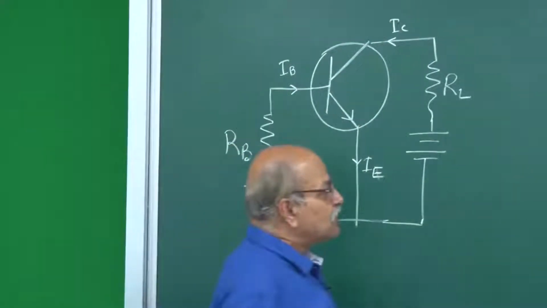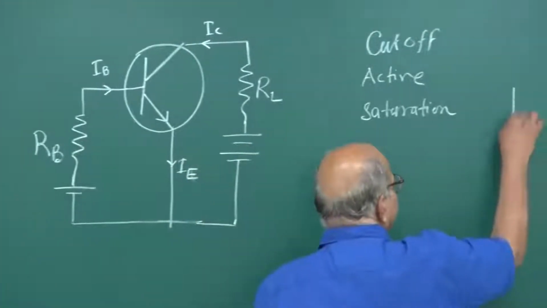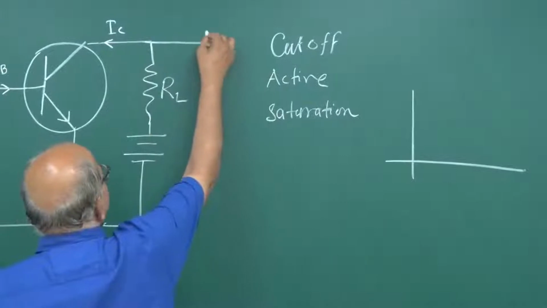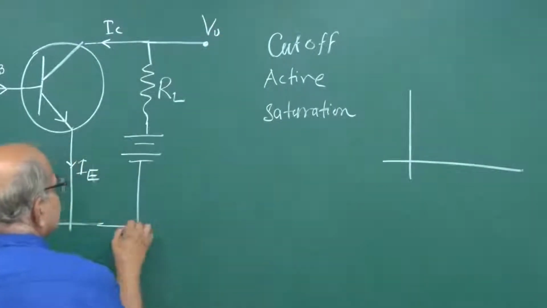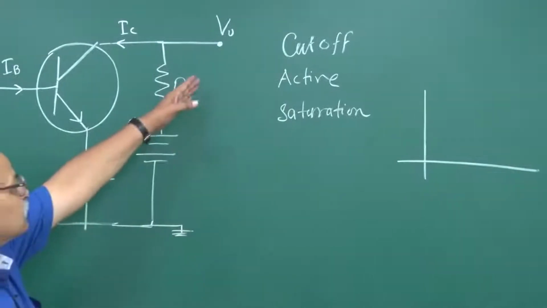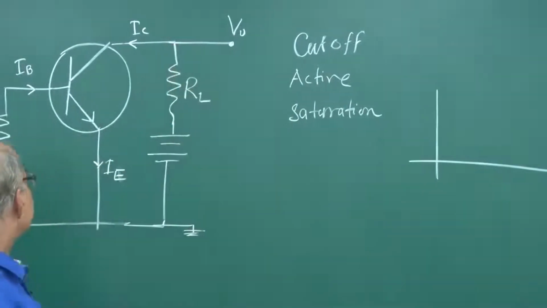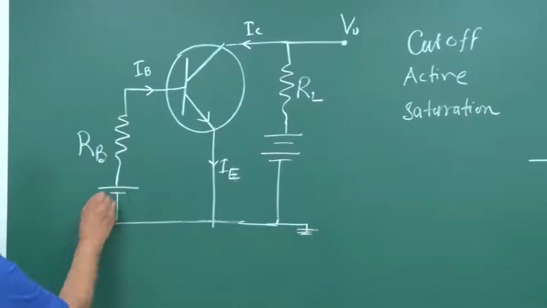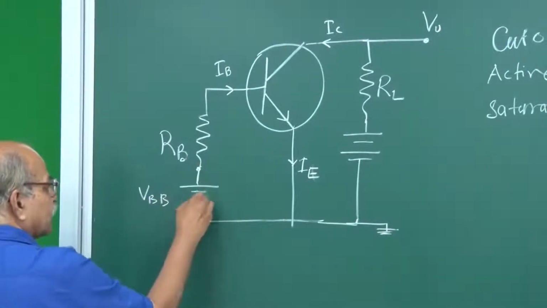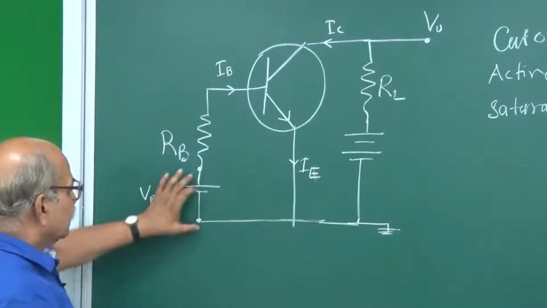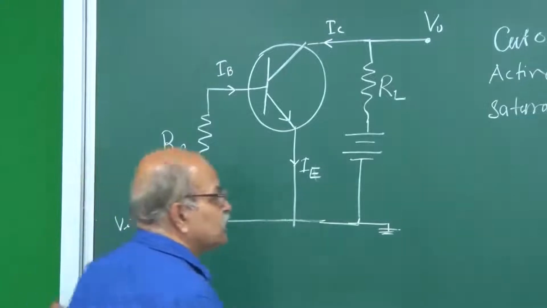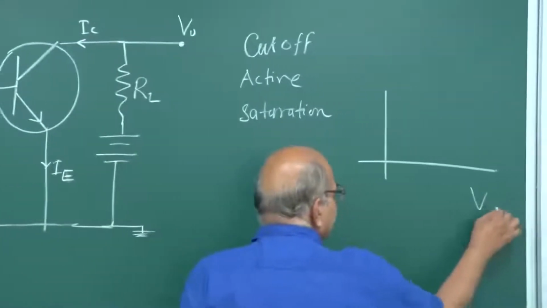So, if you draw a graph of say output voltage, this is our output voltage VO, this is 0 voltage ground which we call. So, if you draw graph between this output voltage here and this input voltage here that you are applying VBB, which you can call VI, input volt. So, if you plot this graph here,